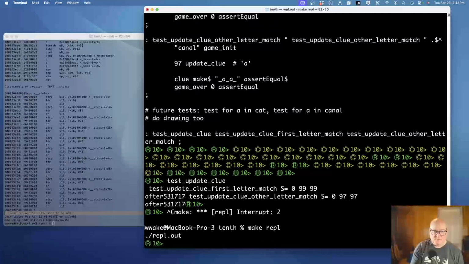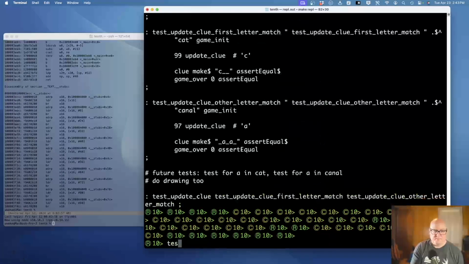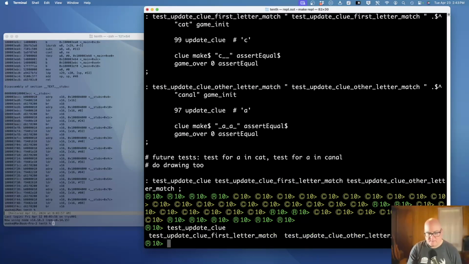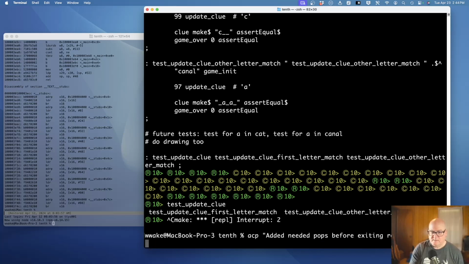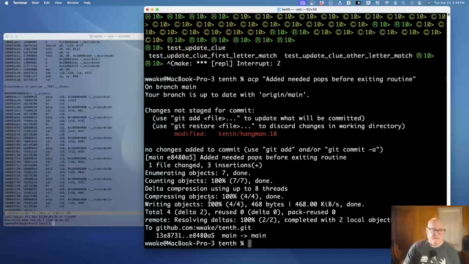Make a REPL. Okay, let's check that in. It needed pops before exiting routine. Okay. Now,